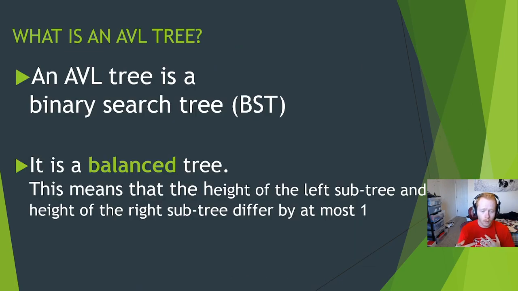But what is an AVL tree? There are 2 different things that we have to talk about. An AVL tree is a version of a binary search tree, so everything that we've learned about binary search trees applies here. It's a balanced tree, a self-balancing tree at that. This means that the height of the left subtree and the height of the right subtree differ by at most 1. So instead of having this monstrosity of basically a linked list,